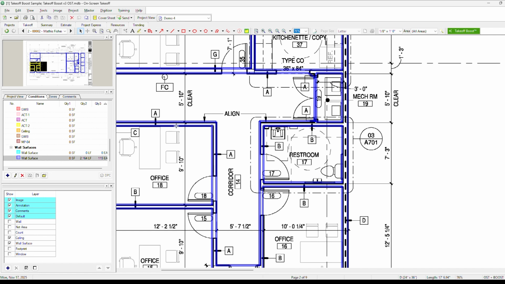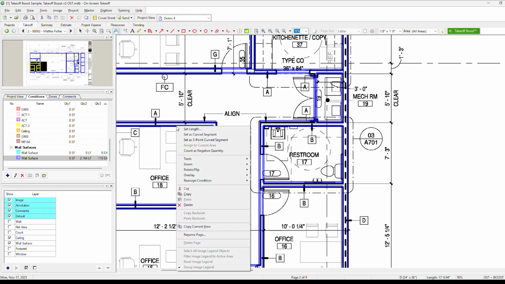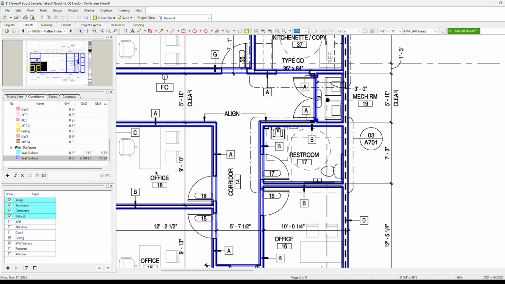So if I had some style sets imported in, you could just right-click and then reassign this to one of your style sets that you already had. Now I don't have any imported on this plan, but it's really easy to do if you've got some standard conditions that you're always working with. And I'll show you how that reassign flow works on the next page here.